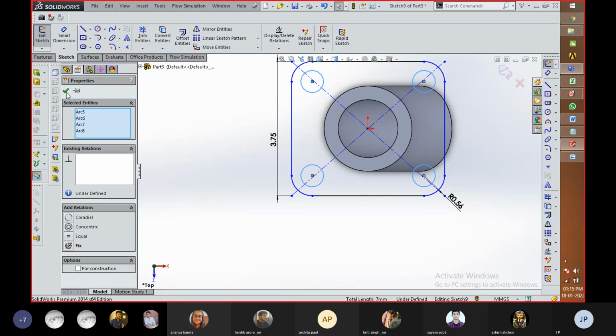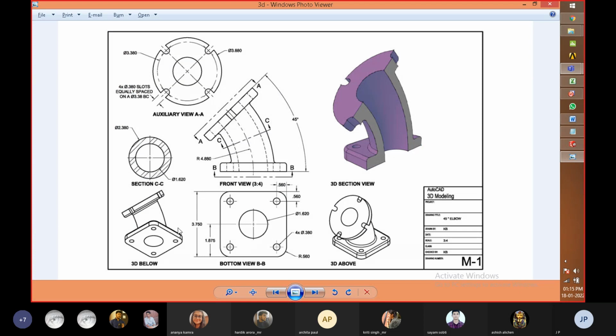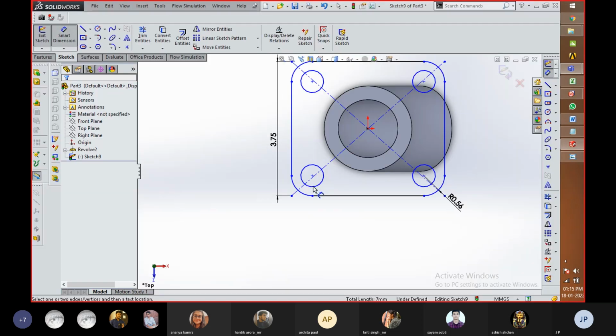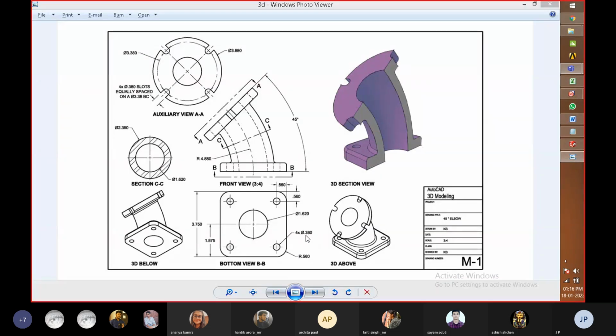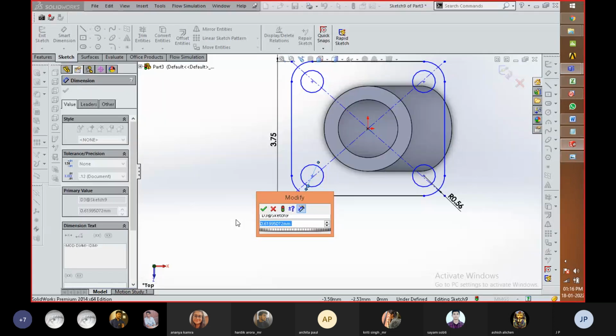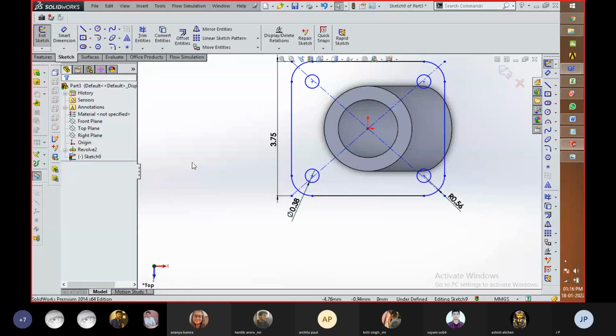Okay, so all the circles are going to be of the same dimension at the same time. Now the dimension of the circle is 0.380. Is that radius or diameter? Yeah, diameter. So 0.380 and then press OK. So by putting the constraint relations, you can see over here that with a single click all the circles are created.